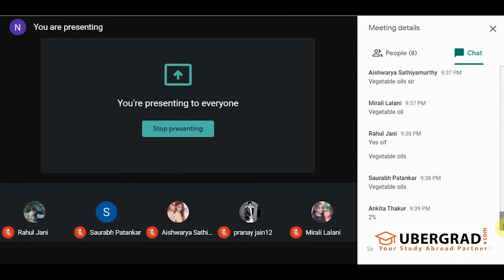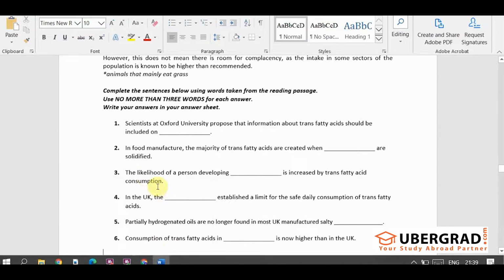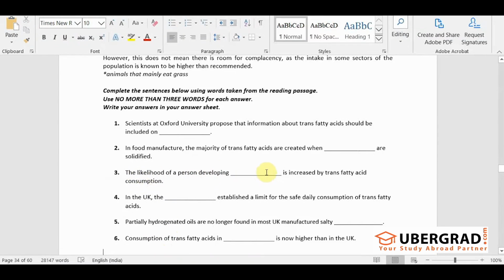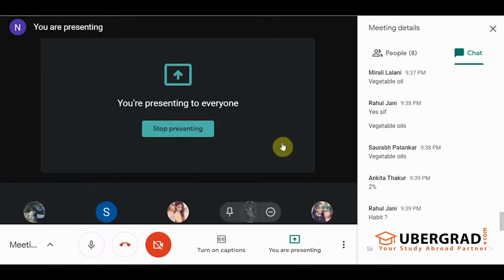No, Ankita, that is not the question. Let's understand the question first, okay? Focus on the question first. I think you have missed the essence. What is the question asking? The likelihood of a person developing dash is increased by trans fatty acid consumption. So when you start consuming more trans fatty acids,